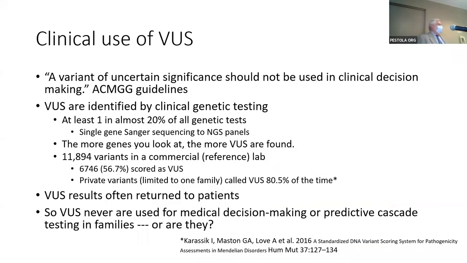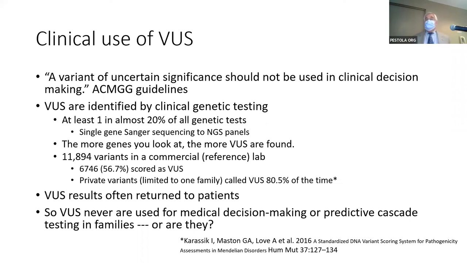So what about the clinical use of variants of unclear significance? The ACMG guidelines say never, ever, ever use them for clinical decision making. They're identified in at least 20% of all genetic tests. And it doesn't matter whether you do a single gene or a multi-gene panel. The more genes, the more VUS. So there's actually data